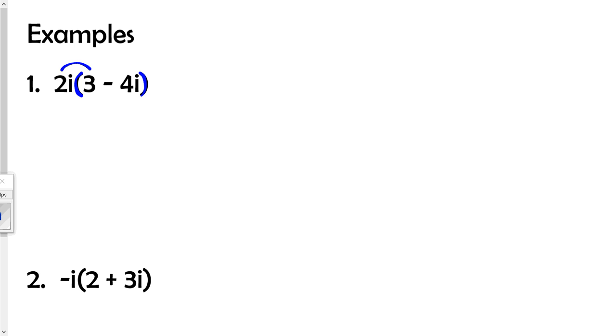So I need to distribute this 2i to each of the terms inside the parentheses. Writing out what that means, this is 2i times 3, and then we're also going to have a 2i multiplied by a